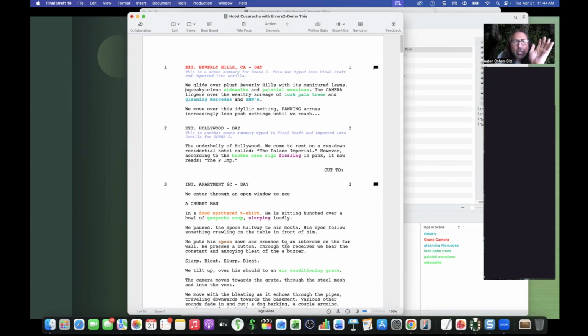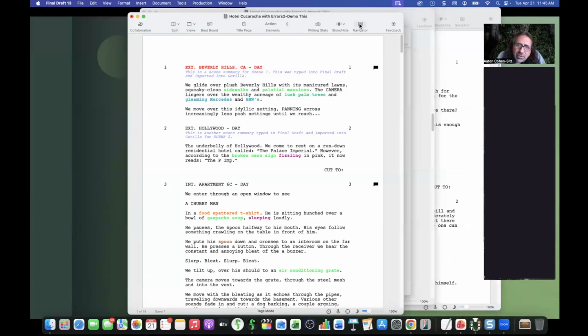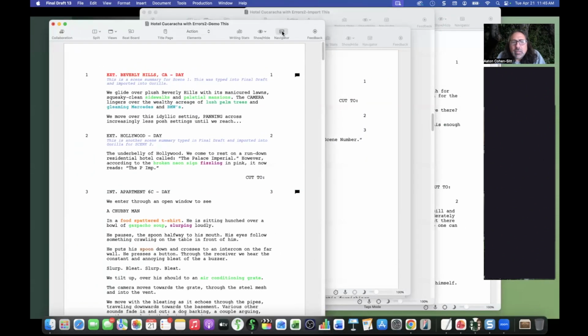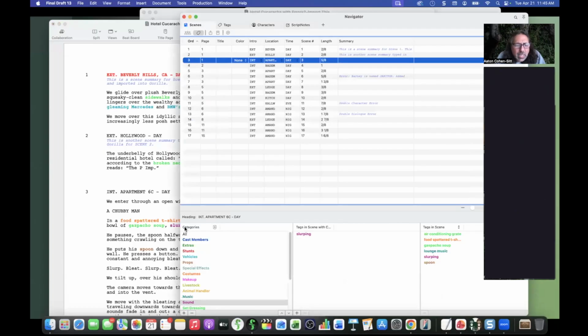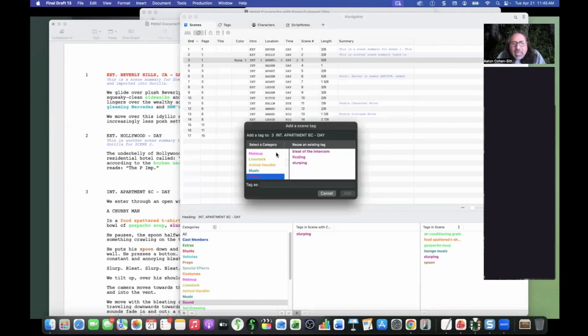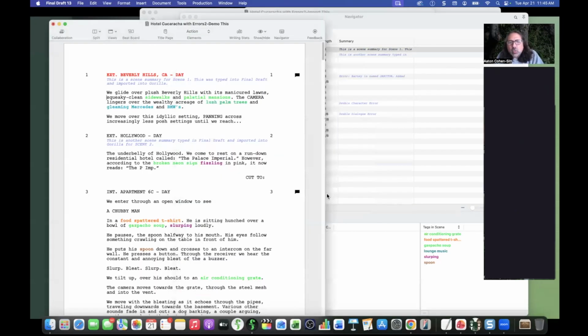The only issue is, there's a lot of things that you want to tag that are not in the screenplay. Now you can add those also in Final Draft. It's a little, I wouldn't say confusing, but you have to go to Navigator. Navigator, there we go, and go to the scene. So let's say I want to go to scene 3 and then go down here and say, add. So if I add right here, I can then add something here,